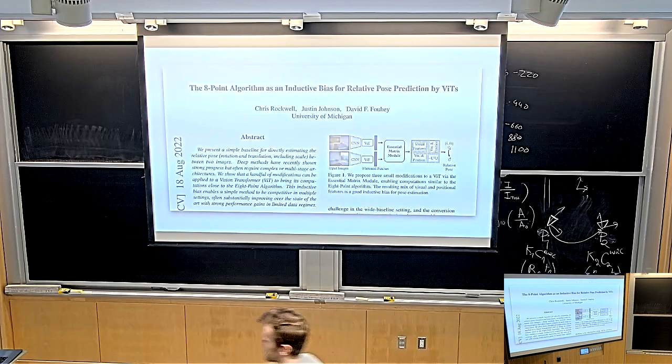Great. So now you know what the 8-point algorithm is. And the 8-point algorithm was, for instance, used in this paper here for relative pose prediction. This is a deep neural network learning paper. The point of this paper was, I give you 2 images, and I want you to predict the relative pose between these 2 images, an old and important problem. So you want to get the relative pose.